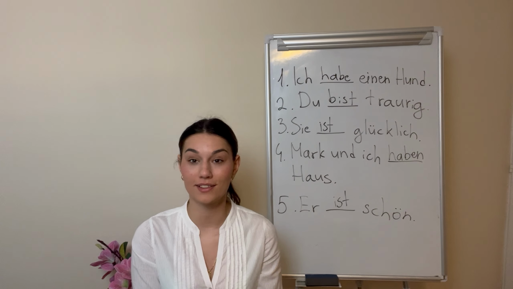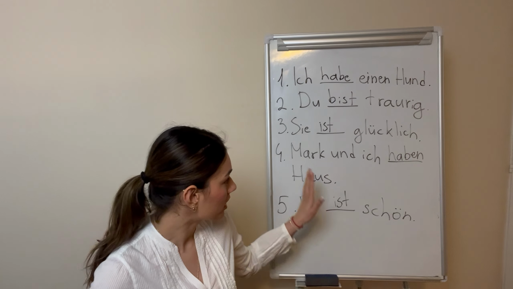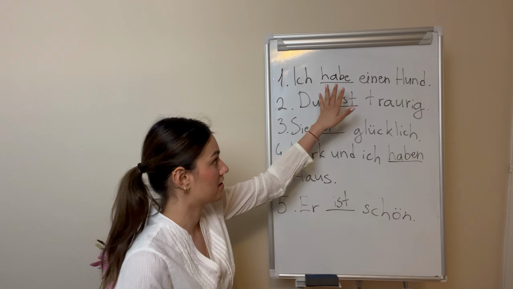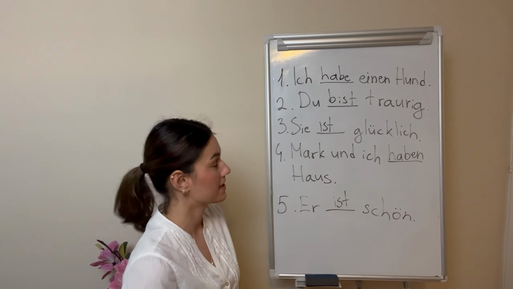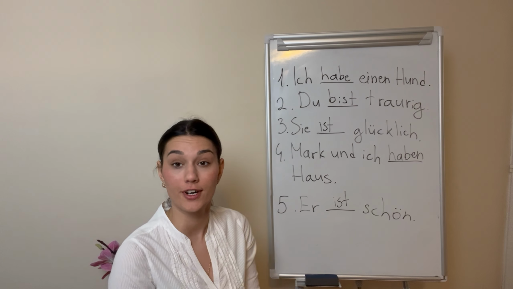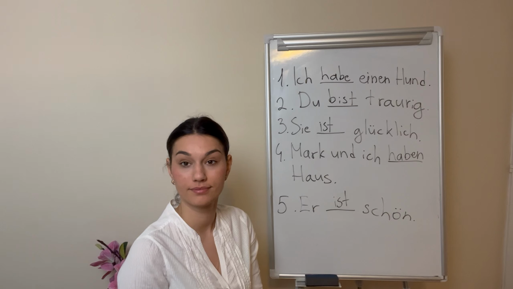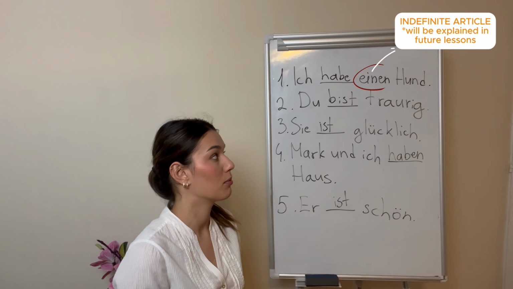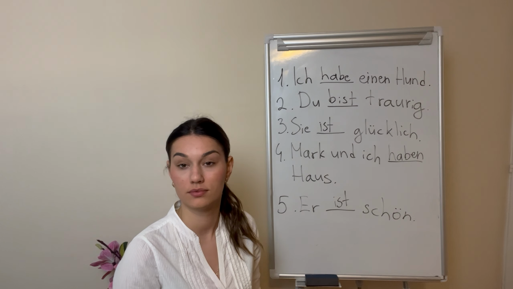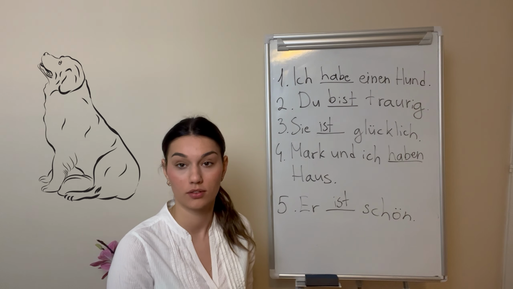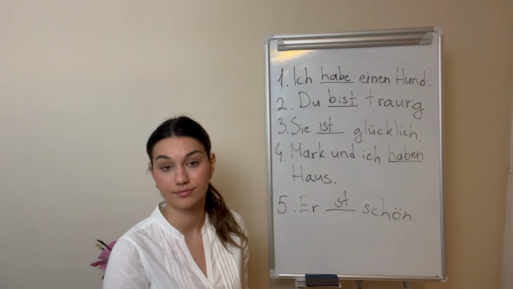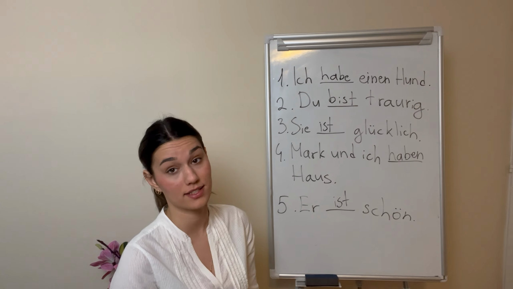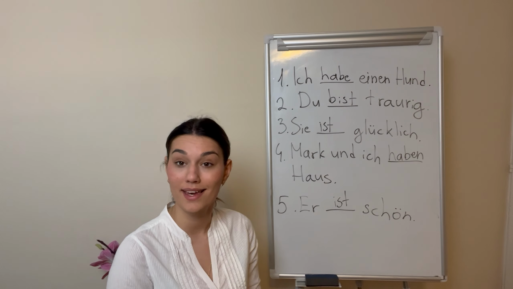So let's check this exercise together. Here I have already written the verbs, but we will explain why this is the correct form and what will be your choice. So, first sentence. Can you read the first sentence for me? That's right. Ich habe einen Hund. Can you tell me what Hund is? That is a dog. Good. Hund, a dog. And now, can you translate the whole sentence for me? Ich habe einen Hund. I have a dog.